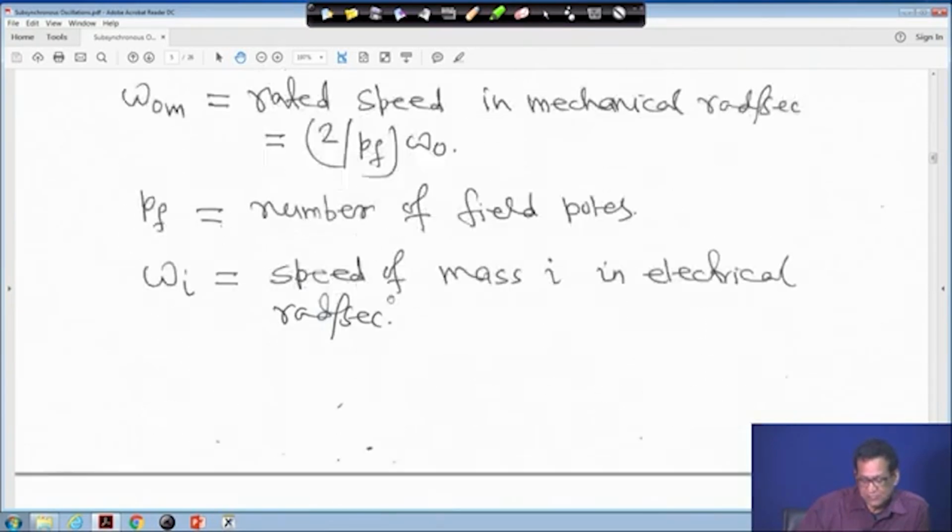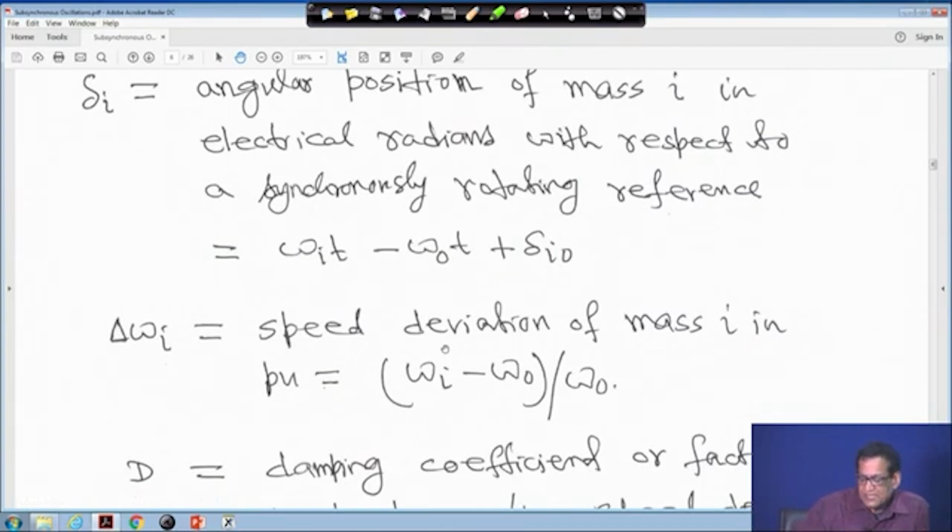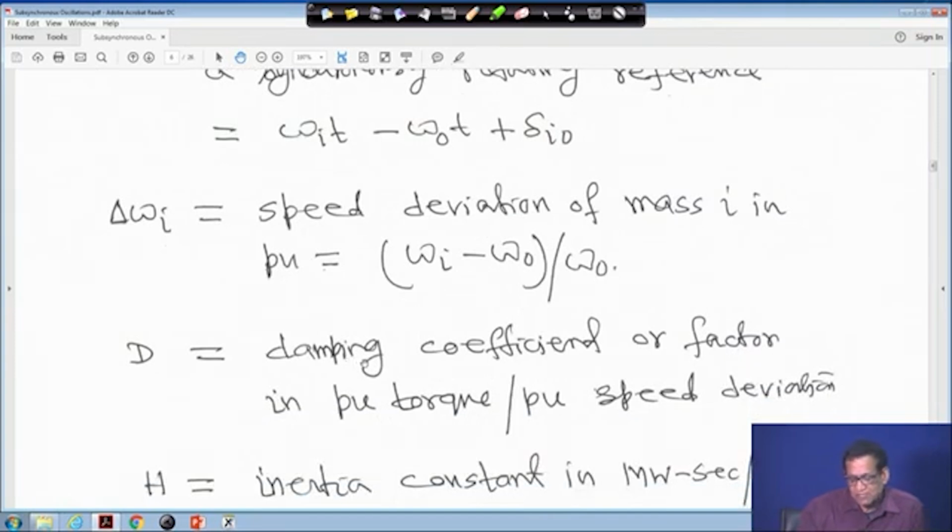And delta omega i is the speed deviation of mass i in per unit, that is omega i minus omega 0 divided by omega 0. And d is the damping coefficient in per unit torque per unit